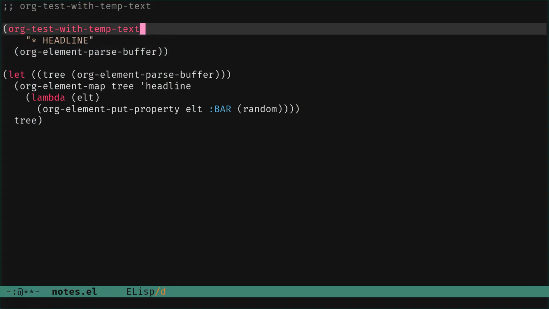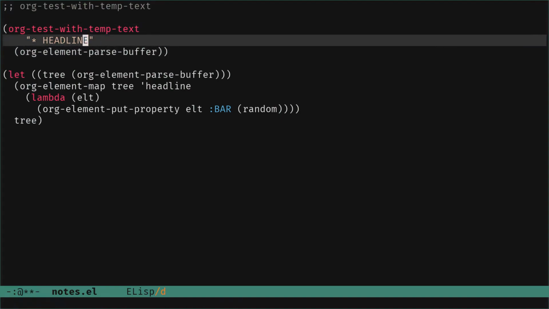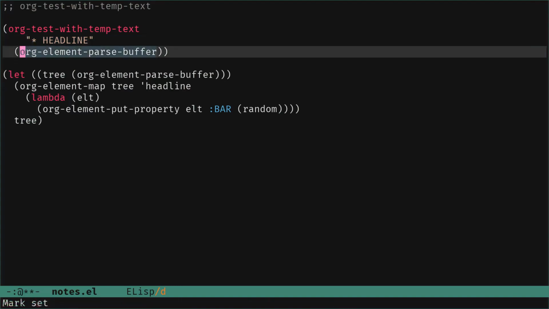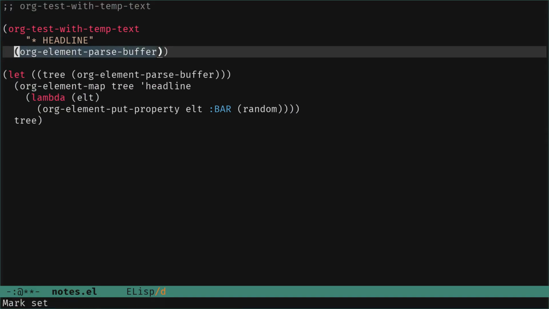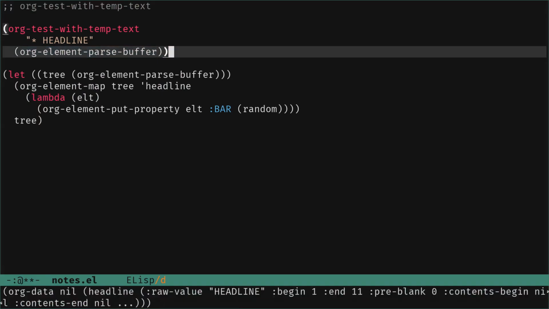What it does is it says, okay, put this thing in an org buffer, and in that same org buffer apply that function, and we return the last expression in body. If here we put nil, we will return nil, but we don't put nil, so we are going to return the parsed tree. We can evaluate it, and we see it at the bottom